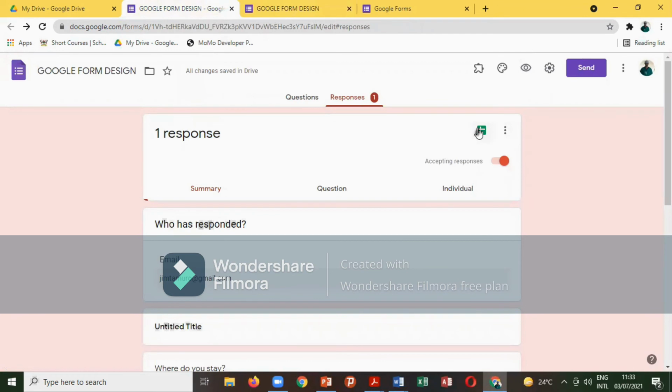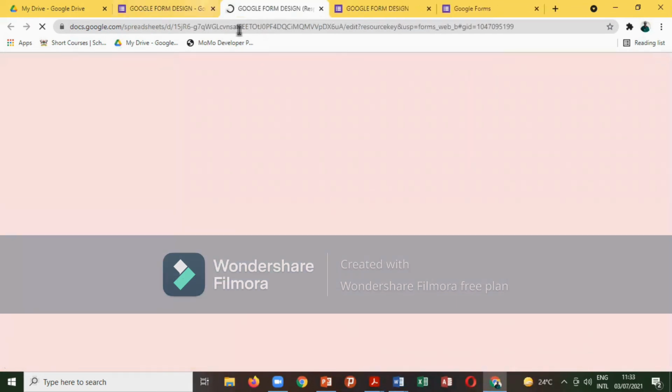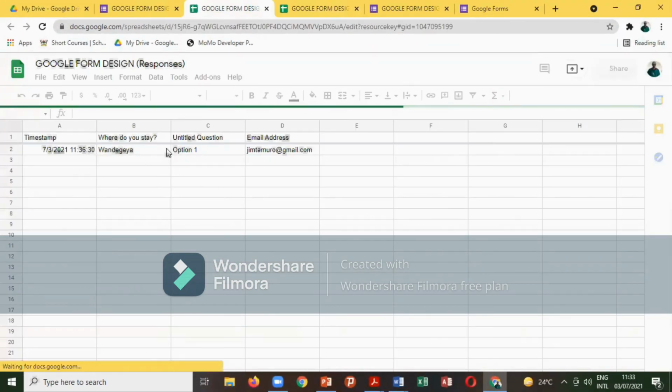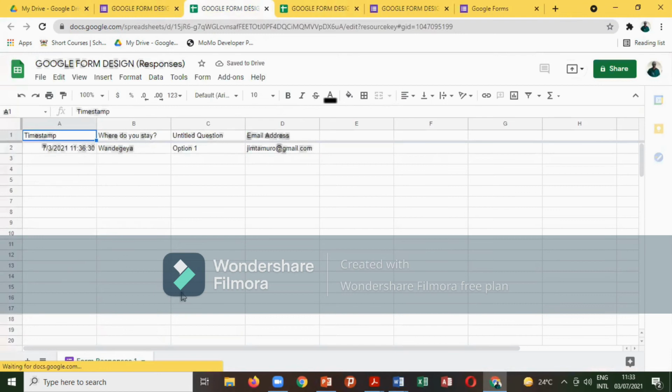Now I want to show you quickly how you're going to manipulate your work in Google Sheet. So you click, you saw where I click here, this flash. Now this is like Excel, so you can manipulate anything you want with your data. Maybe if you want to automate statistics,